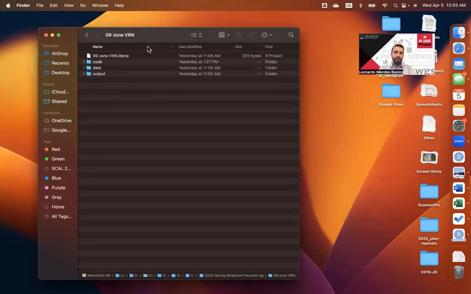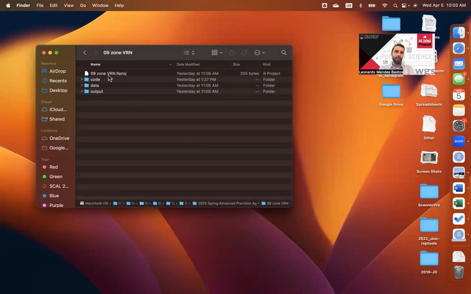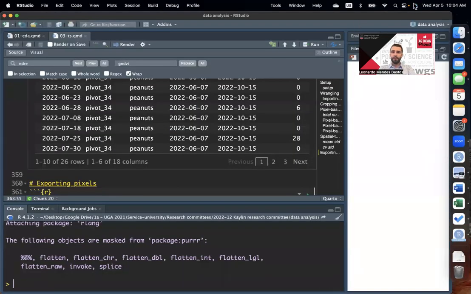You know the drill already, but just to refresh, create the code, data, and output subfolders. Bring that script that I just uploaded to GitHub into the code folder,